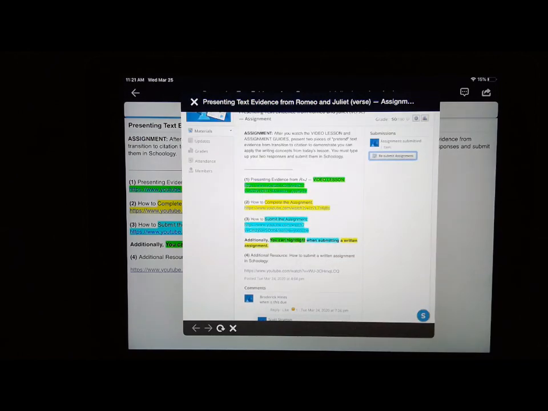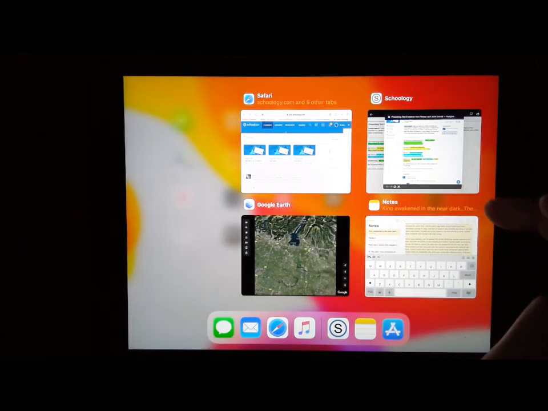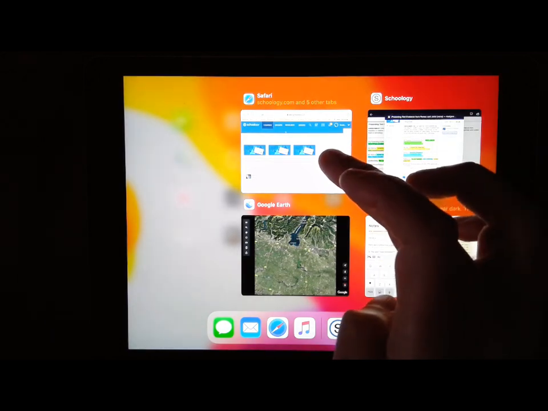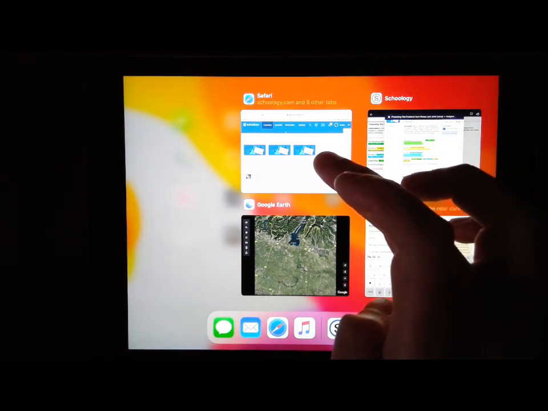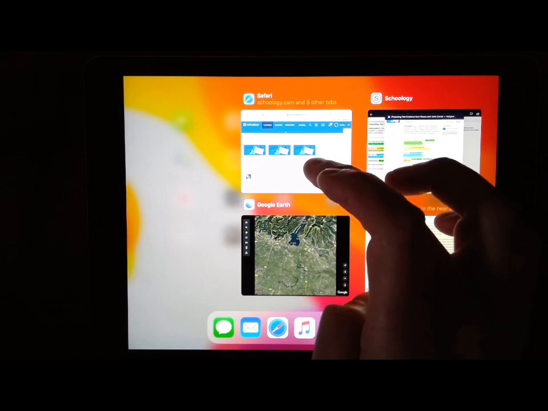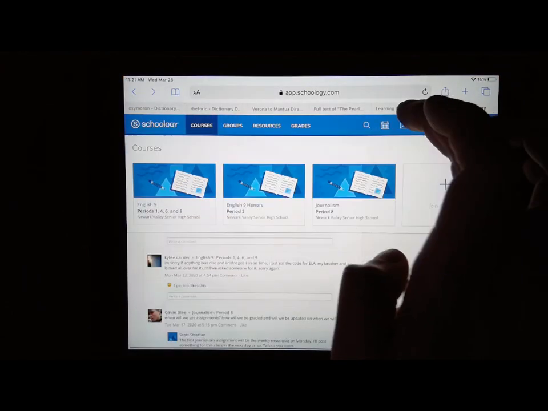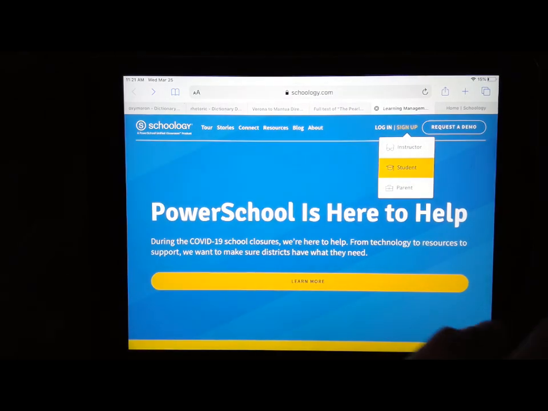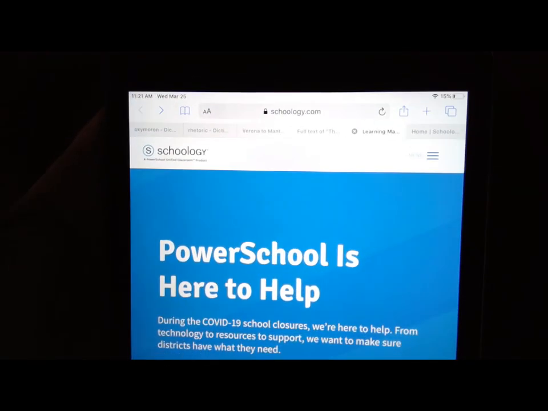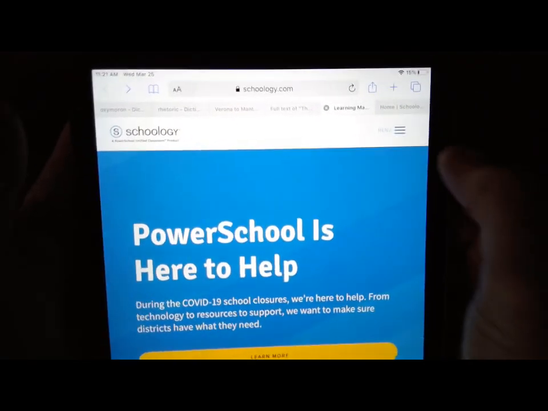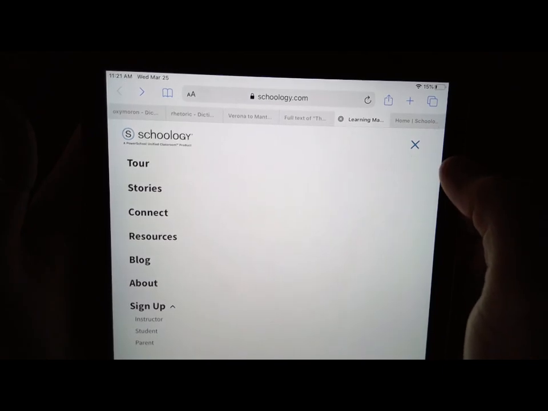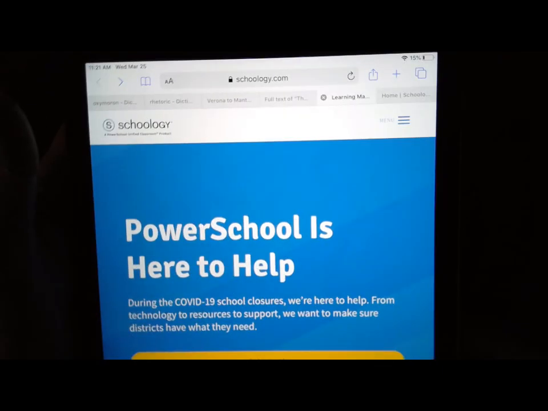But for those of you who are finding some frustration with the app, I've heard lots of people say, I'm not even going to use the app. I'm just going to go to the browser that's on my device. In this case, this is an Apple device, so you would go to Safari. I've logged in on Safari. By the way, I'm not sure if this is true for everybody, but if you hold your phone or the iPad this way, you can't see the login menu, which is just kind of crazy. But if you turn it this way,